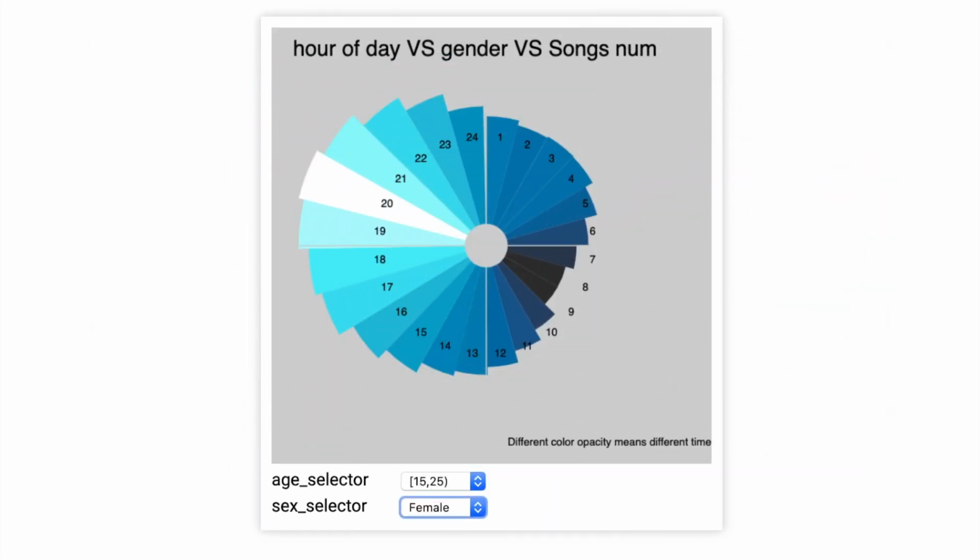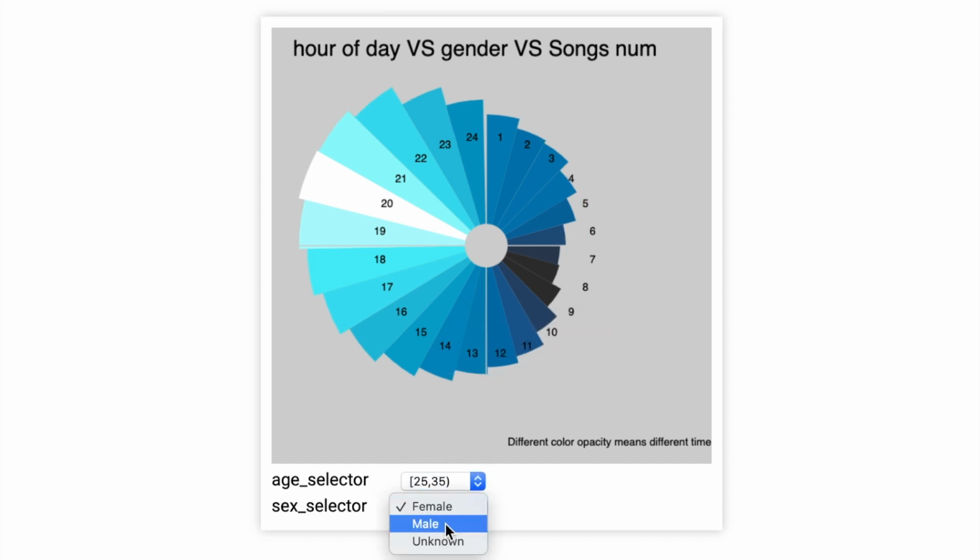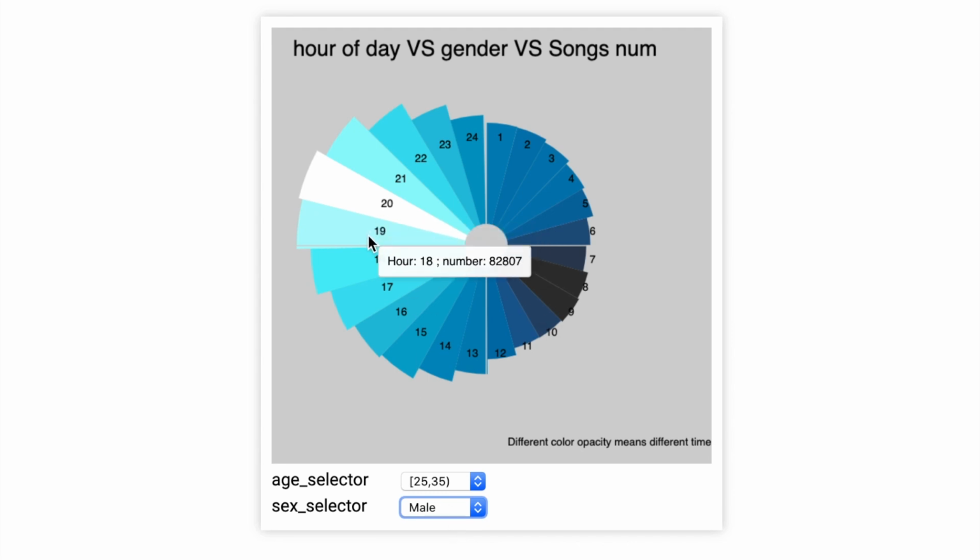This interactive plot is made by Vega, aiming to search if there are differences in the number of song plays across the different hours during the day. Radius size of each arch is related to the number of song plays. Different color opacity of different arches are used to distinguish different hours of the day. You can see the labels which make the information observed more directly. We can find the radius of the arch peaks around 7 p.m., which means that more users prefer to listen to songs in the evening.